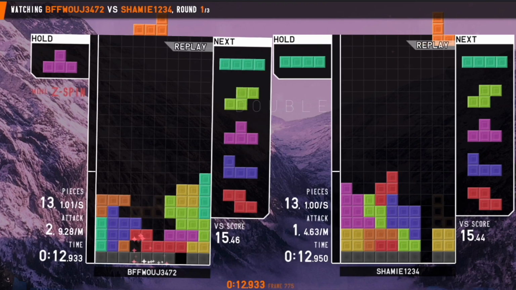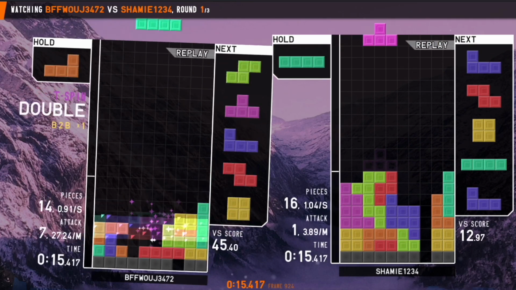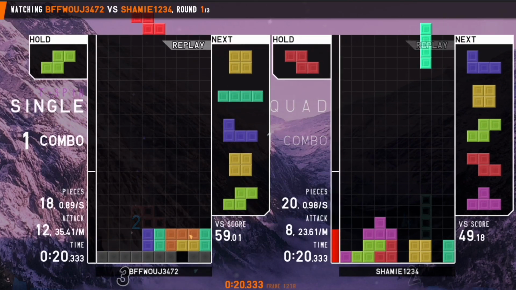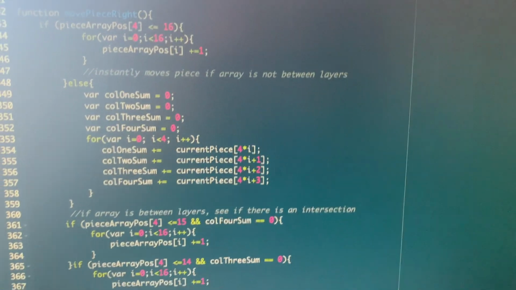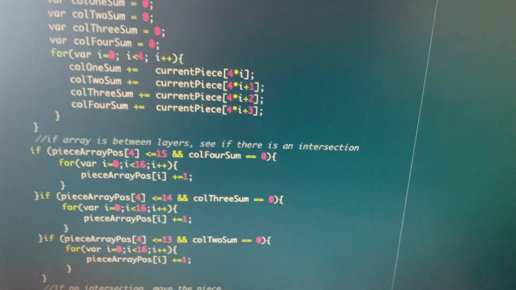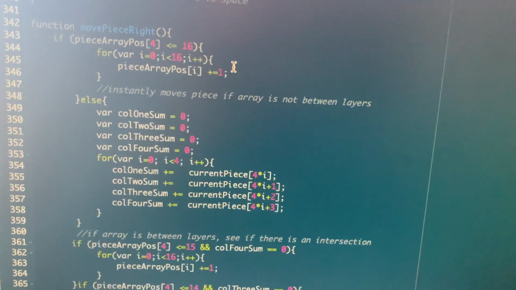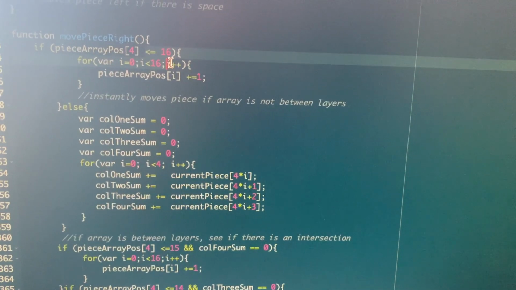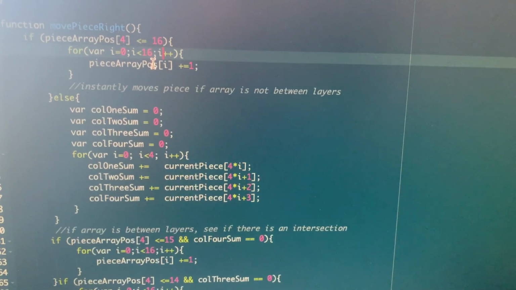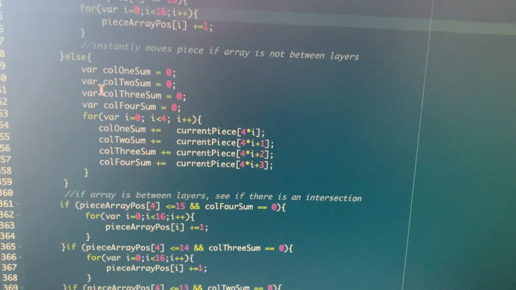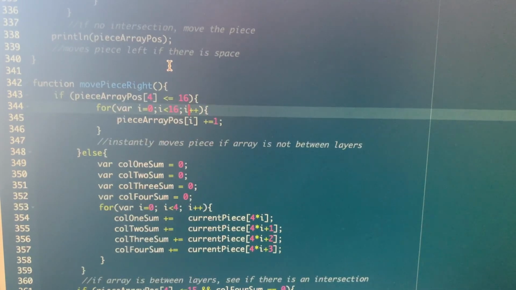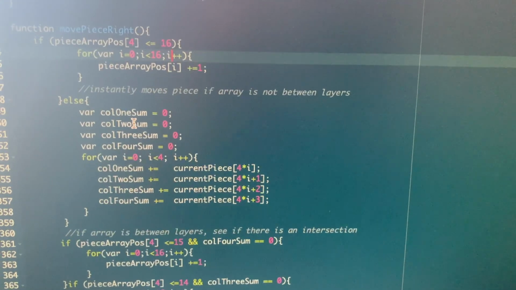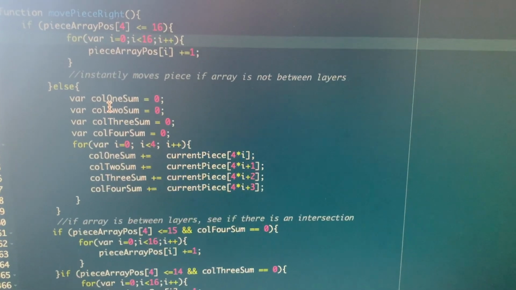We should also talk about the fact that instead of creating a function for a specific task, I would just copy and paste that task over and over again in my code. Okay, this looks very bad, and it is, but stay with me for a moment. So this right here checks that if this thing is less than 16, then it's going to just allow the piece to move directly, because if it's less than 16, then the arrays are entirely within the thing, but otherwise the arrays are between layers,